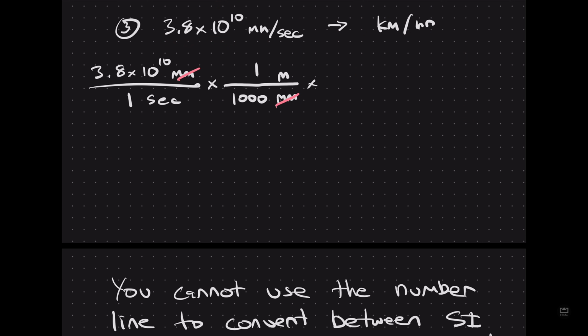I'm going to multiply it by a number with meters on the bottom. Why? So the meters cancel right here, and whatever I'm trying to get to, which is millimeters, will be up top. And I know that there are 1,000 millimeters in a meter. And now I am at my correct units that I'm trying to,